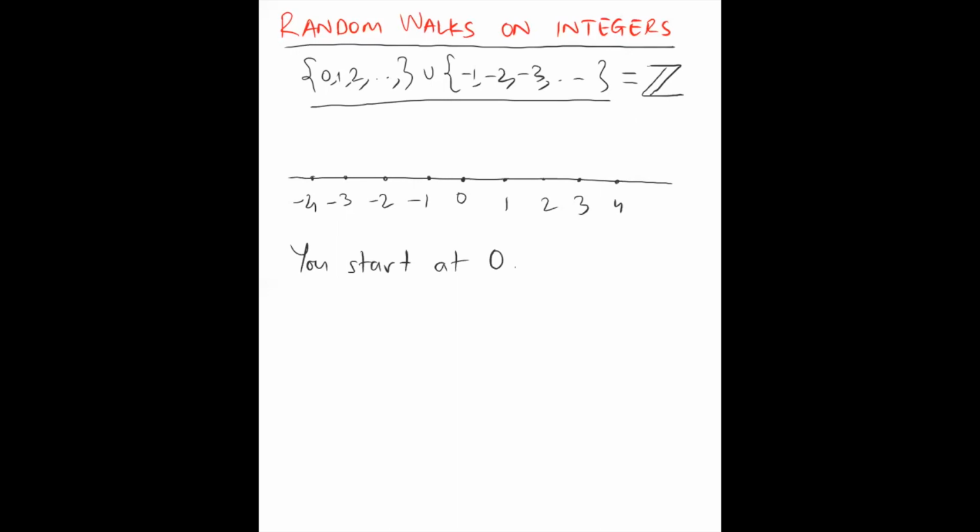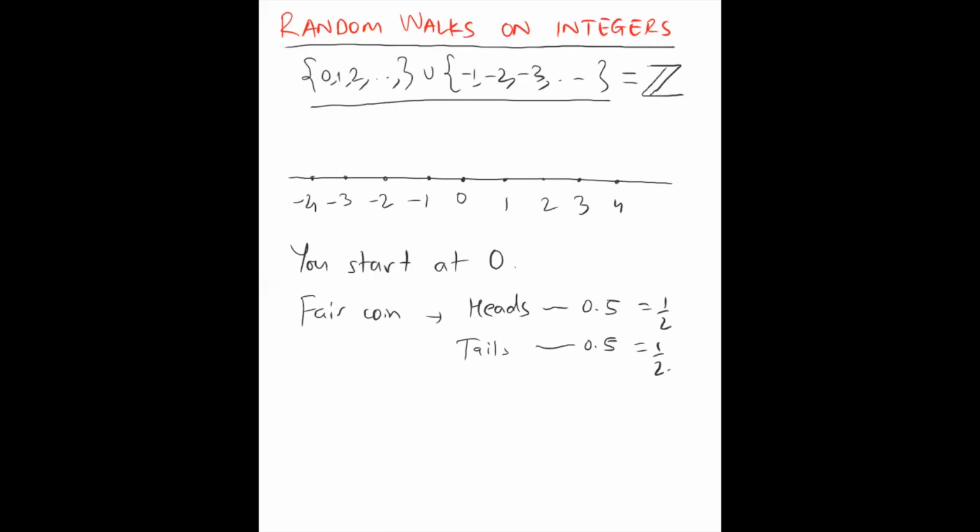And you have a coin with you at all times. Let's assume it's a fair coin. By fair coin, we mean heads comes up with probability half, and tails comes up with probability half. By half we mean the outcomes are equally likely. There is an equal chance that either of them will come.